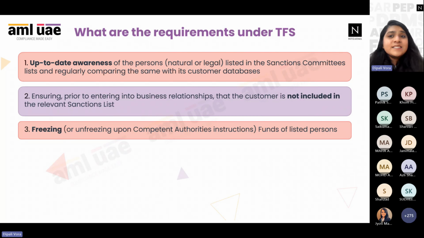Also, by this TFS regulation, we have the power to immediately freeze the funds as discussed. So here we do not need any permission to freeze the assets. We can immediately apply freezing measures if we come across any sanctioned individual. And this freezing is for infinite time. The unfreezing will only happen after the competent authority's instructions, or when the sanctioned person is taken out of the UAE local terrorist list or UNSC consolidated list. Only then will unfreezing happen. So these are the basic requirements under targeted financial sanctions.